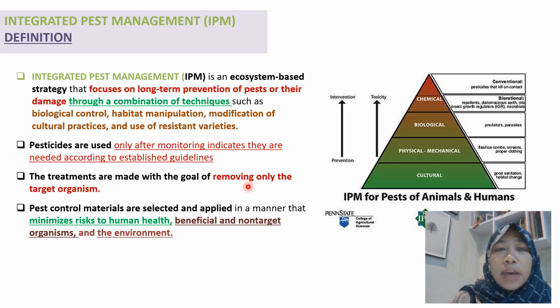In Indonesia, we call it pengendalian hama terpadu, or PHT. It is an ecosystem-based strategy that focuses on long-term prevention of pests or their damage,